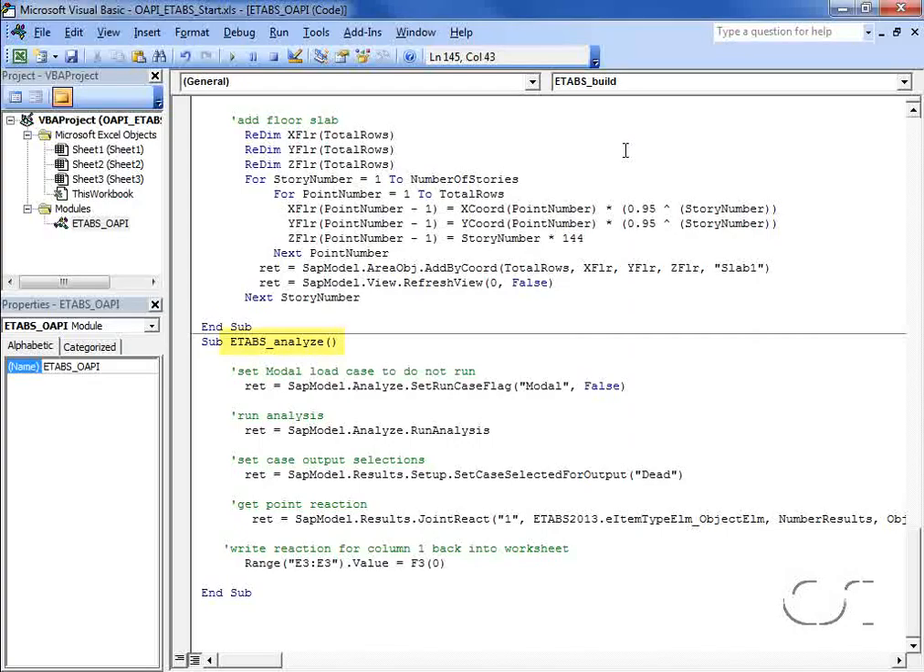The third procedure we will define will be for running ETABS. We are not doing a dynamic analysis at this time, so we will shut off the modal load case, and then we'll run the analysis. Once the analysis has been run, we select the load case for which we want output, which for this example